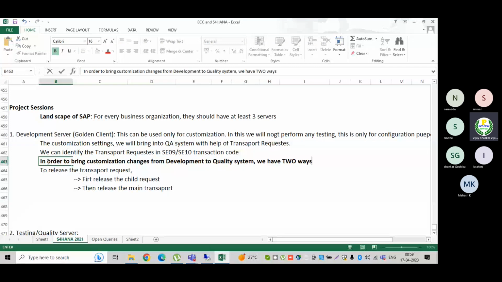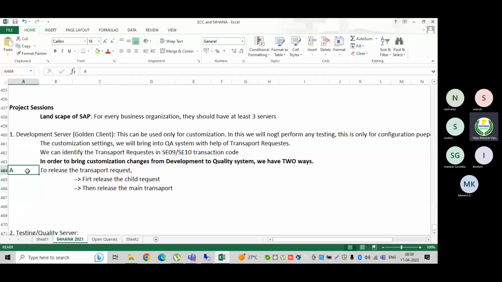Number one, method A: we need to release the transport request, then bring the changes into the quality system. Method B is the following.